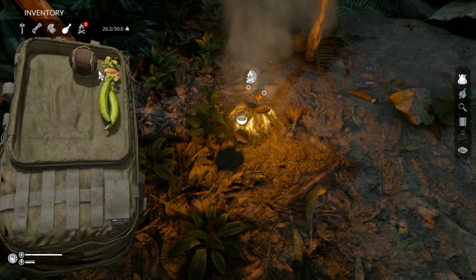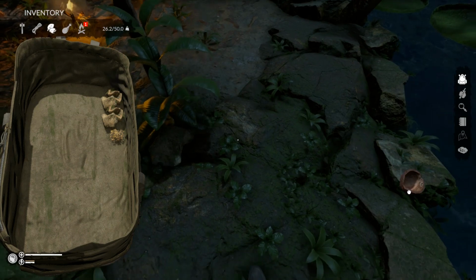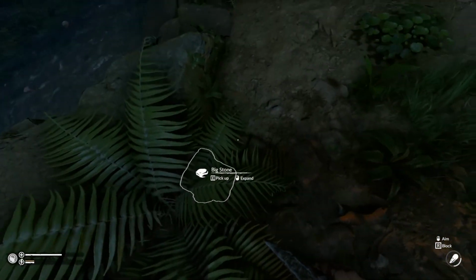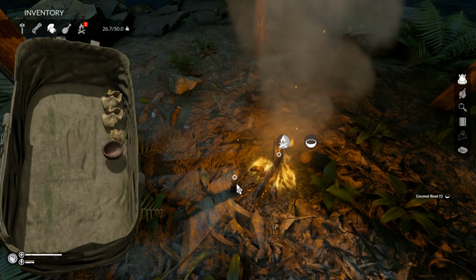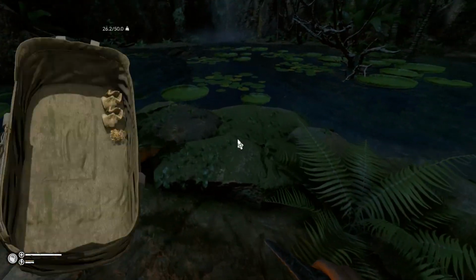So now what's going to happen is once we have some water in our inventory, or once we have water available to us, it's actually going to make it a little bit easier. I'm doing this the wrong way, but we're going to grab both of our coconut shells here. And I kind of want to move on to the next section about hunting and eating. But anyways, what we can do is put our coconut bowls on the fire,